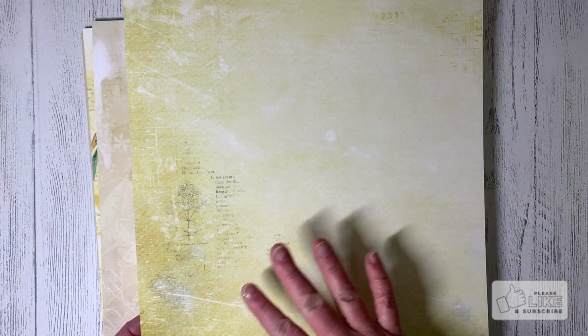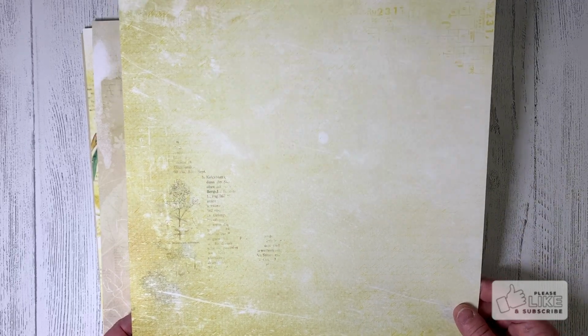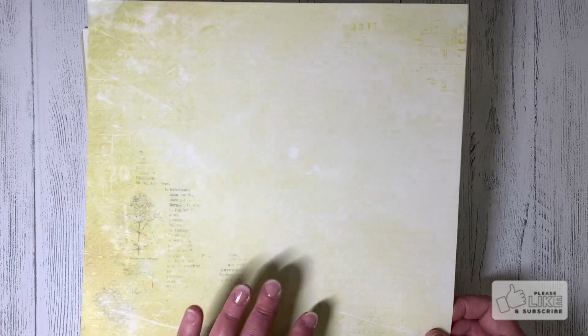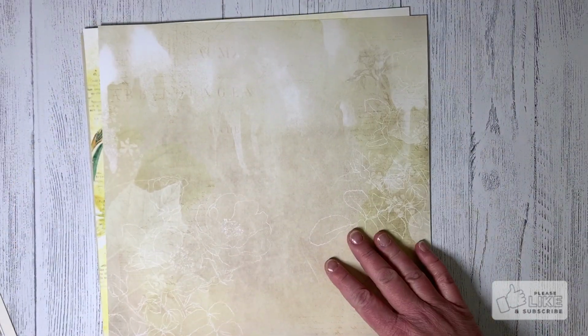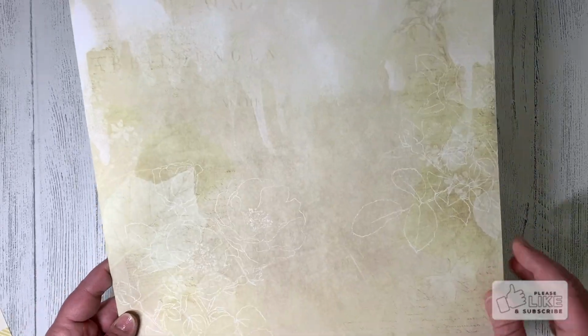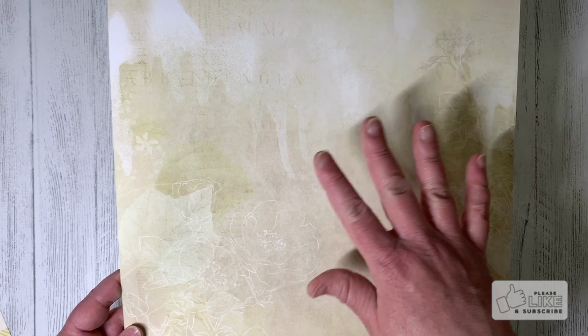See, it's all artsy. It's got some newsprint blended in, a lot of paint texture, tickets, splatters. It's a perfect foundation to get your project started. And let's see, we have this paper here. Again, a nice artsy watercolor drips on it, some hand-drawn roses and newsprint and handwriting and a little butterfly over